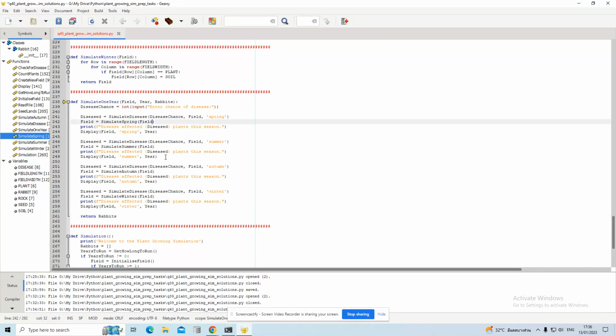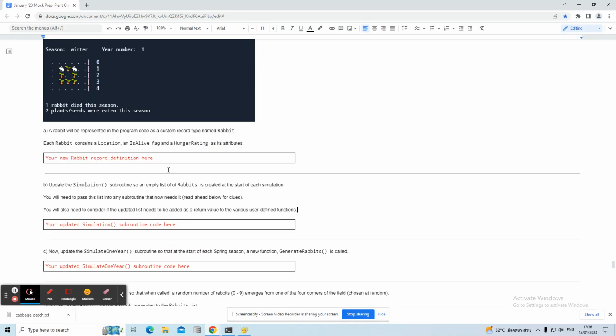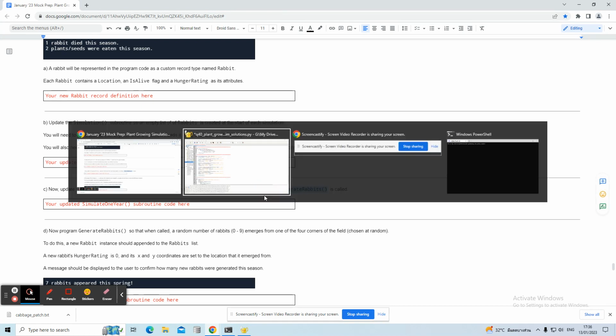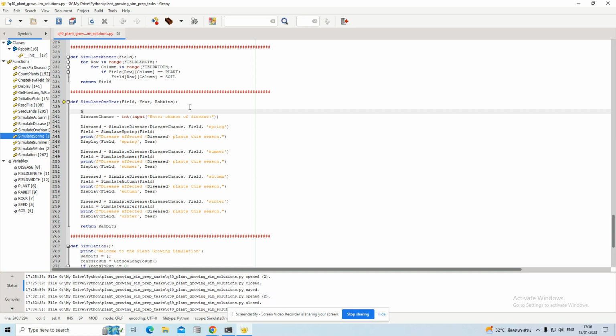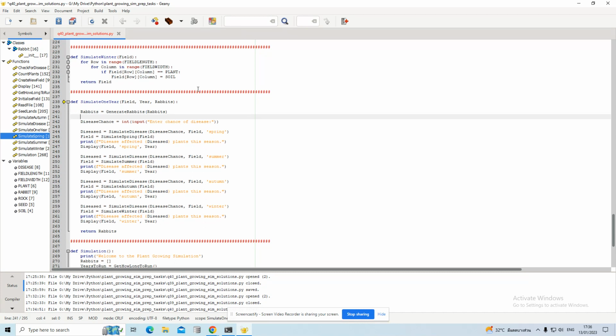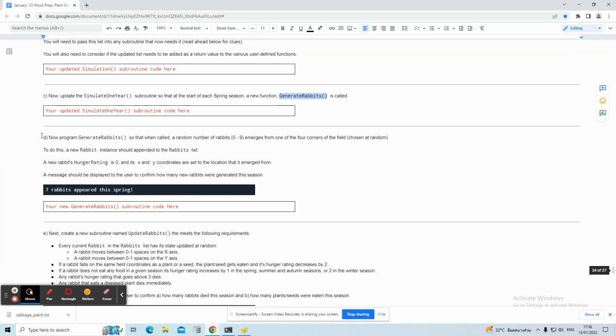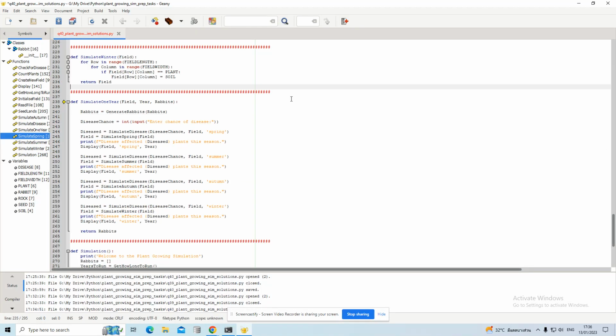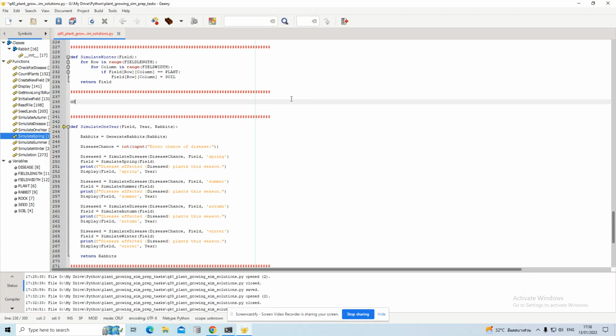But every time we simulate a season, okay, let's not jump ahead. Let's read ahead a little bit so we can understand the context a bit more. Update simulate 1 year, so at the start of each spring season, a new function, generate rabbits, is called. Okay, so this is probably where we need to generate some rabbits and put them into a list of rabbits. Now program generate rabbits. So let's make this function to generate the rabbits,